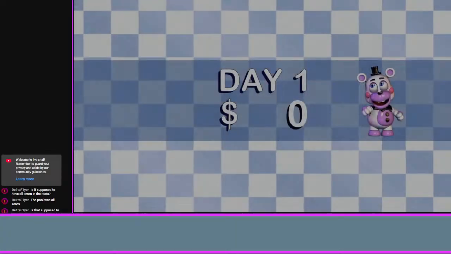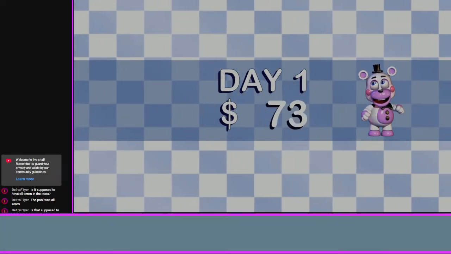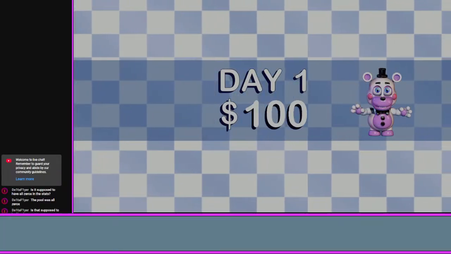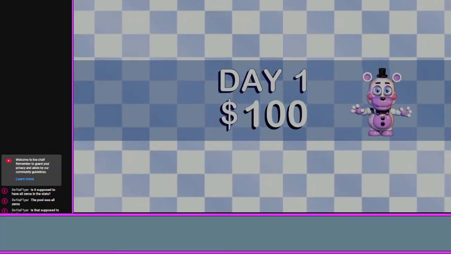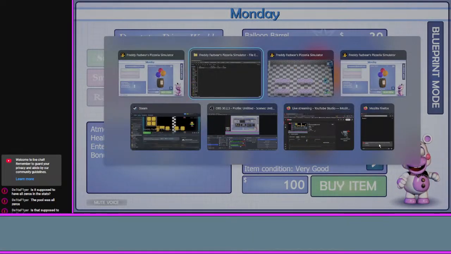As far as I know, there's no way to skip the "you started with this much money" thing, which is annoying. After purchasing your franchise package. Great, that should be more than enough. Now let's get started. On your left are your product catalogs. You can...